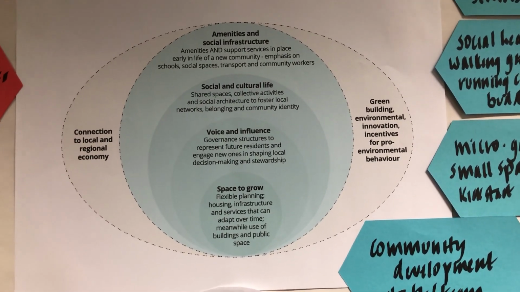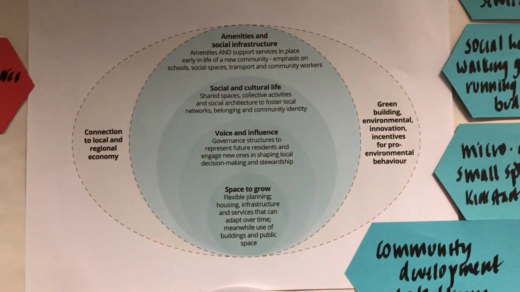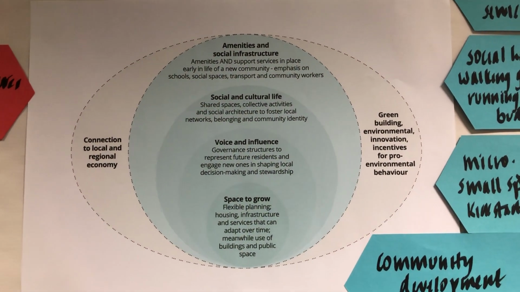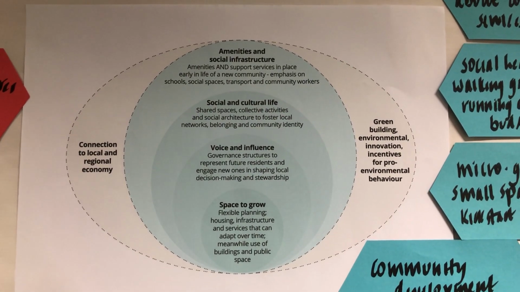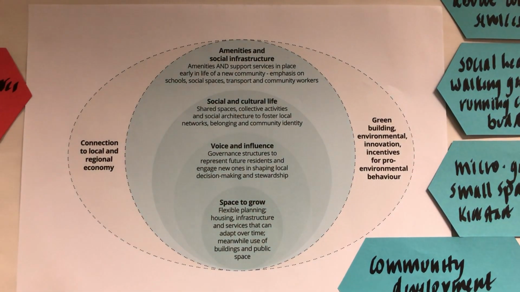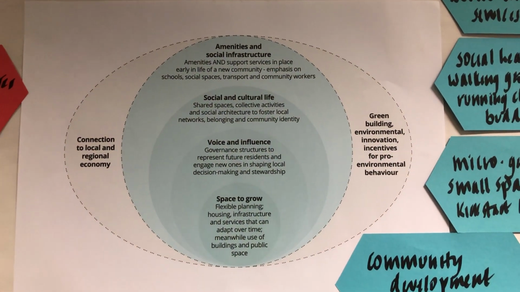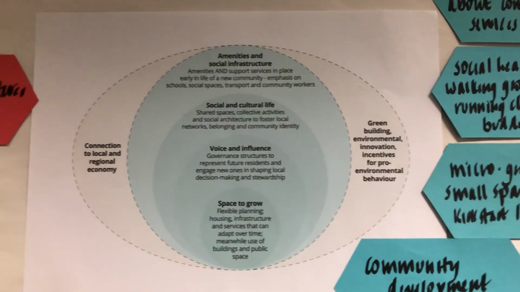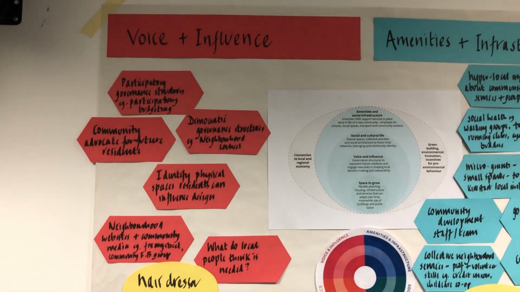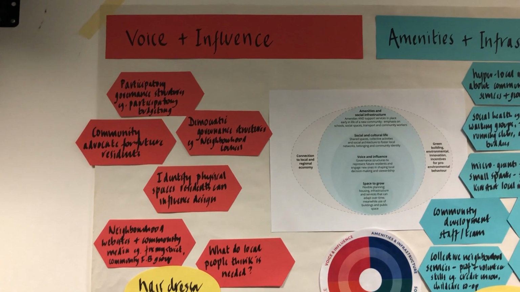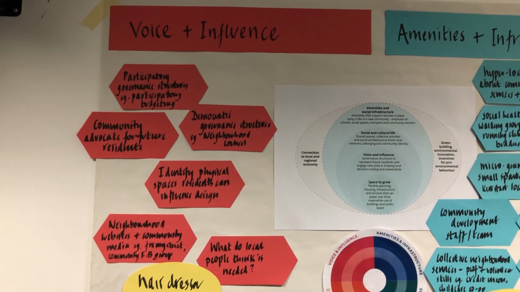Making sure people have voice and control over it, both in terms of governance, co-production, etc. Creating spaces for social and cultural life and amenities and social infrastructure. So much more than just what the building looks like. So we looked at each of these 4 elements, and it's come from a wonderful website developed by the Barnwood Trust. So first of all, how can we create